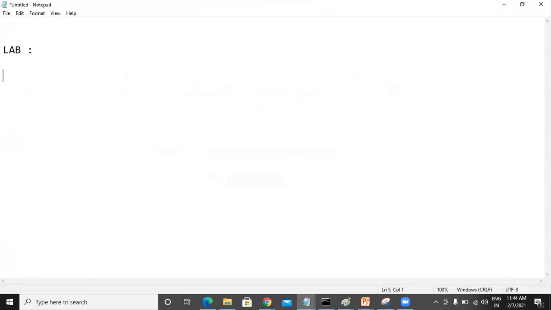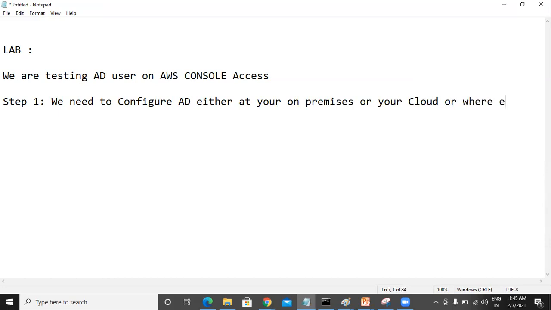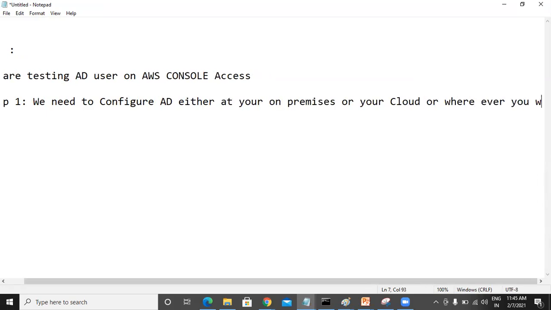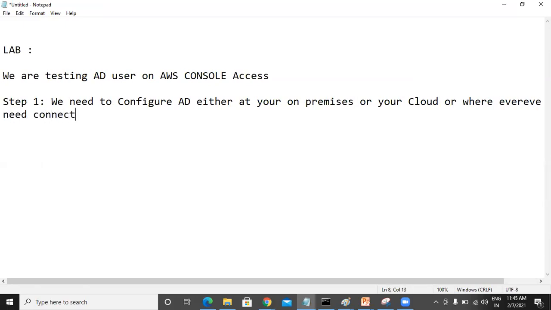What are we doing? We are testing AD user access on the AWS console. To do this, step one, we need to configure AD either on your on-premises or your cloud or wherever you want, wherever you need connectivity.